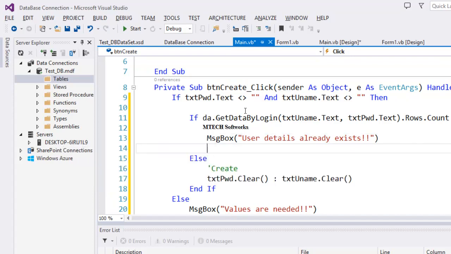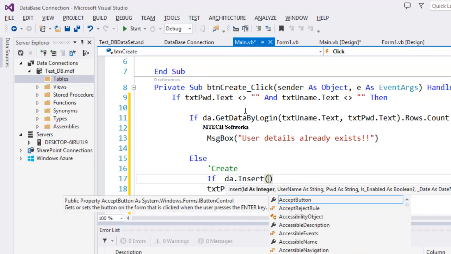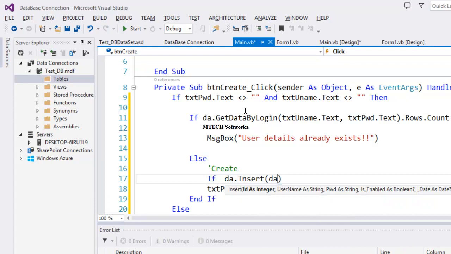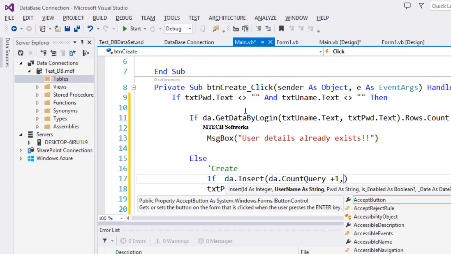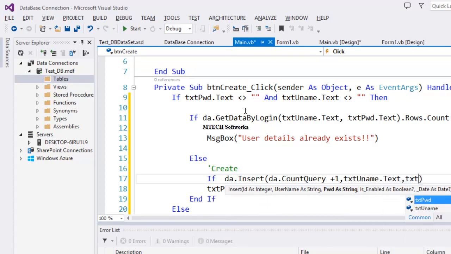Okay, and now if the user is not found, here we need to create the user. So we simply do this by saying if da, of course we need to check if the operation was successful. So if da dot insert, and here it is going to ask us for the id, and for the id we need to call also da dot count. You remember I have a query I called count query plus 1, so this is going to count the total number of data in our table. Okay, comma, then username txt username dot text, comma, txt username dot text, comma, and then